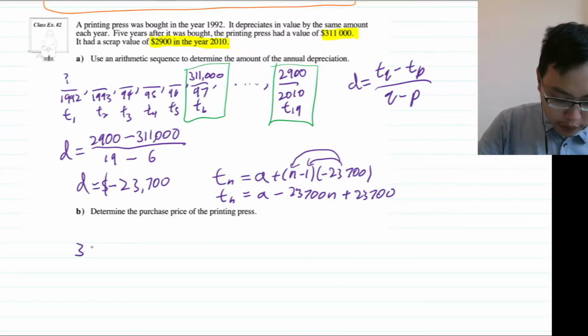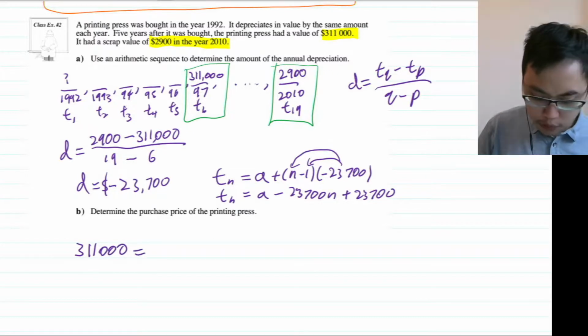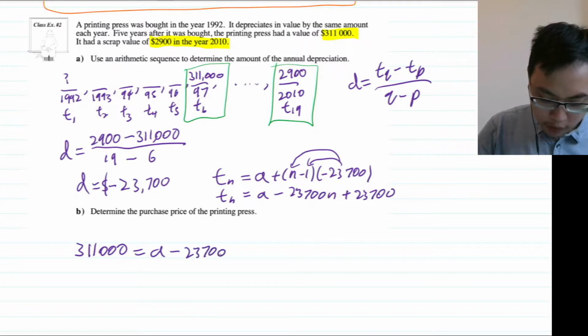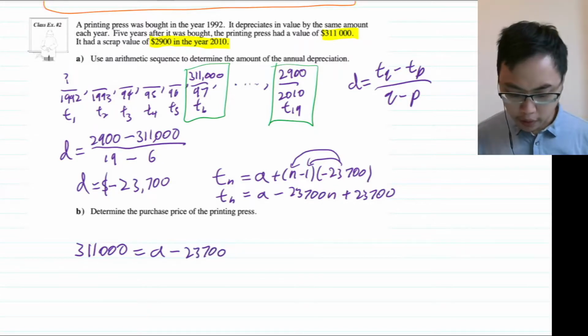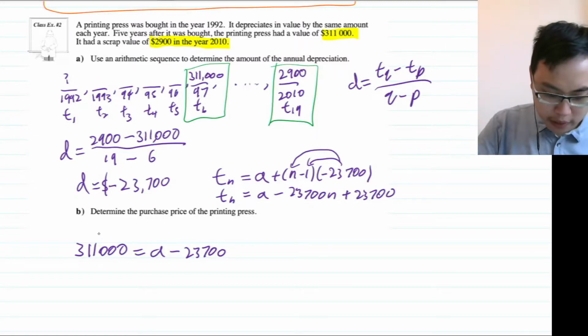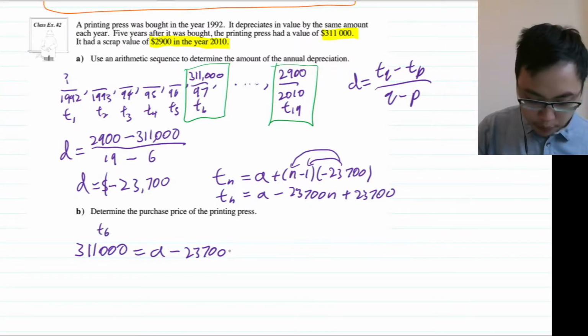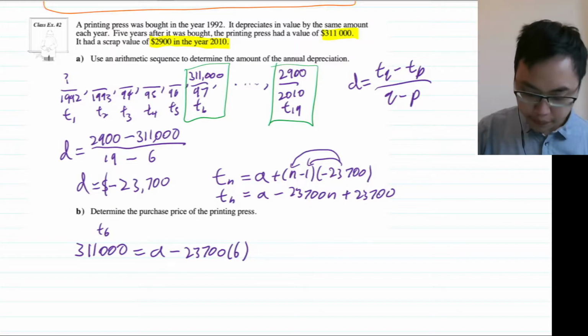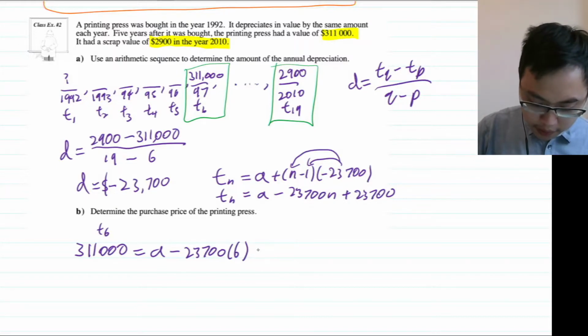So 311,000, that's T6, is equal to A minus 23,700 n, and I know that n is 6, because it's T6. So we're going to put 6 in here, and then plus